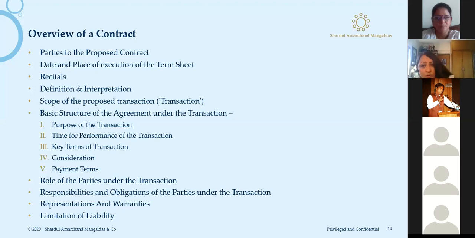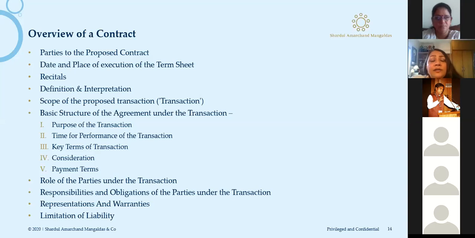Then you have the interpretation clause, which says how the contract will be interpreted. For example, if I'm referring to an act, I may say that even further future enactments in that regard will also be captured. So it doesn't have to be only the one particular Arbitration and Conciliation Act of 1996; it would necessarily mean all the amendments subsequently. When you are saying a contract, I would say that it includes the recitals, the contract, and the annexures and schedules. Because in certain cases, we'll come to what schedules and annexures are, but whether or not they are part of the